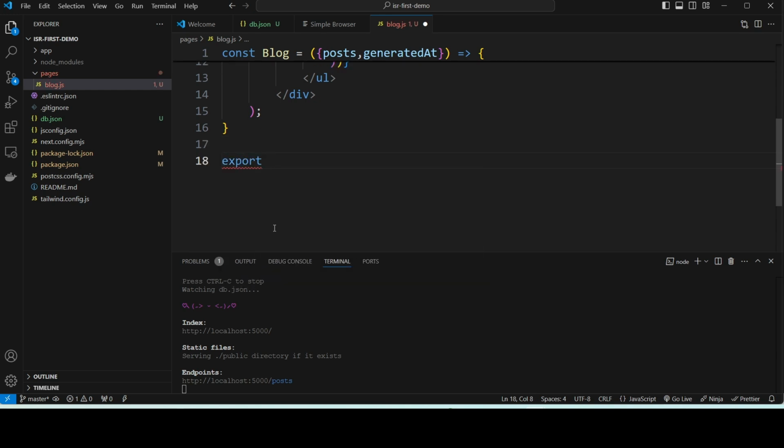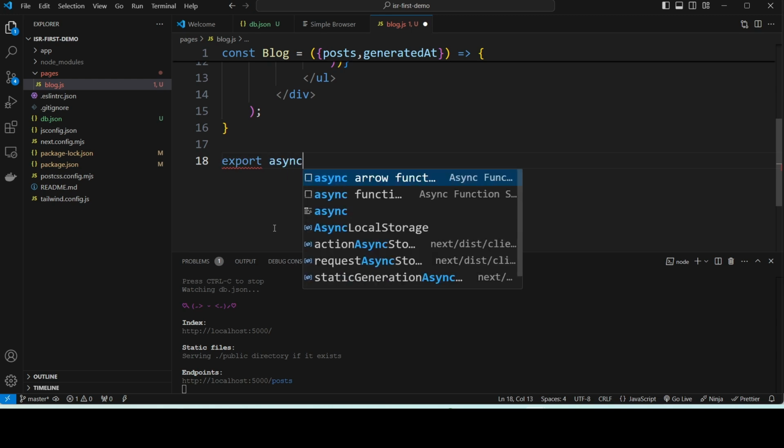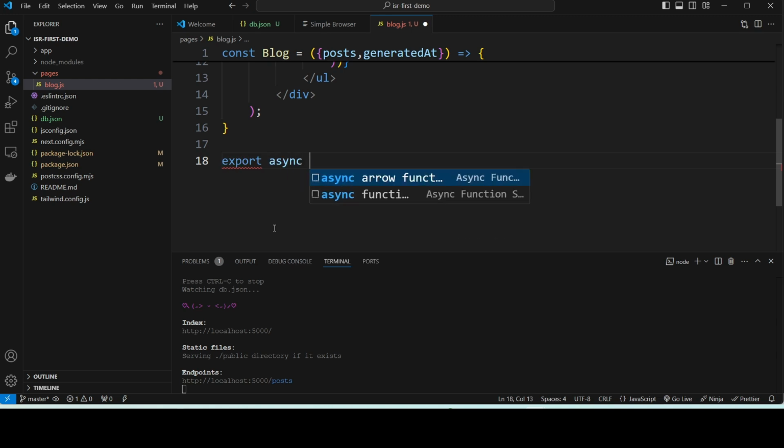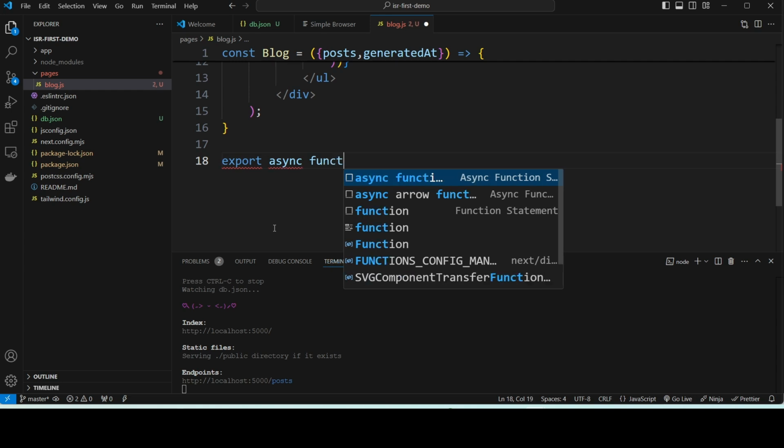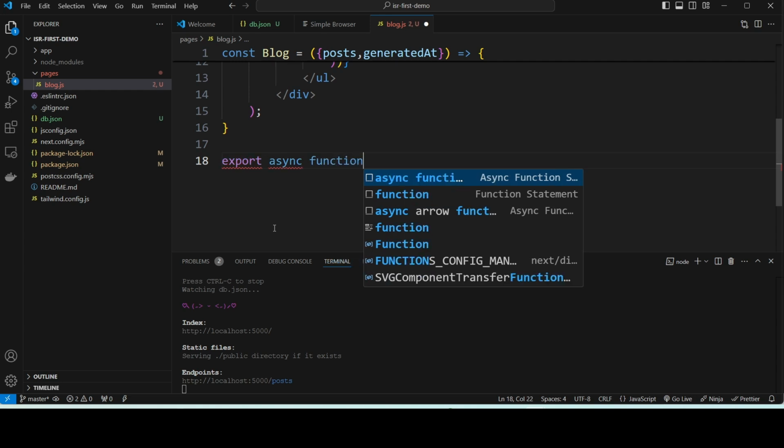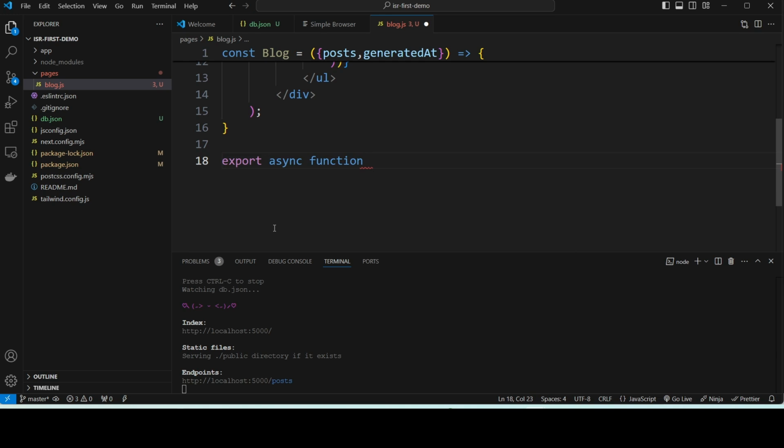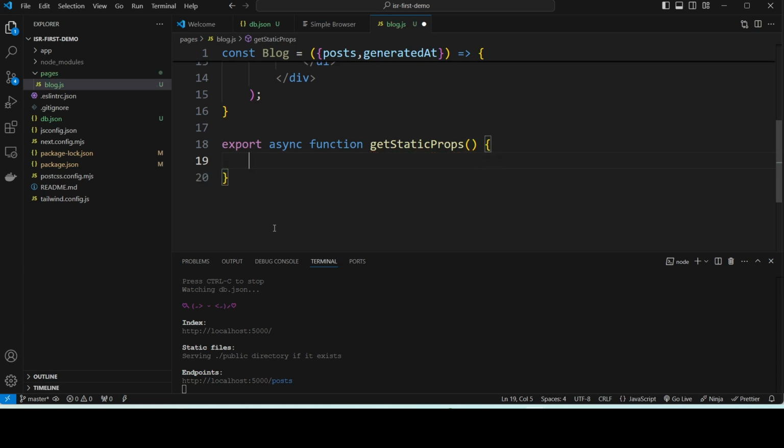Okay, export async function getStaticProps. I'll tell you about getStaticProps once we are done with this implementation. Okay, here we use